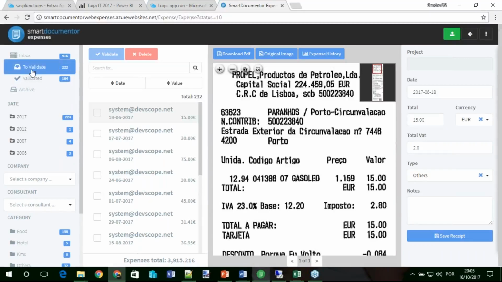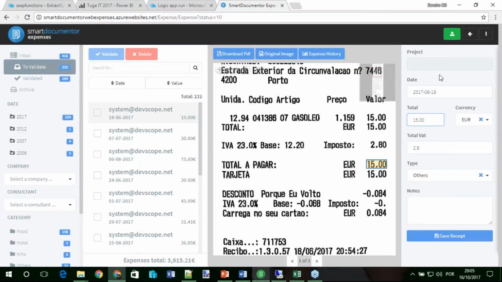Again, all of the invoices that are arriving go to the validate folder, and you can see the extraction that was read automatically by the system. We also highlight the type of the bill or receipt, actually using machine learning.